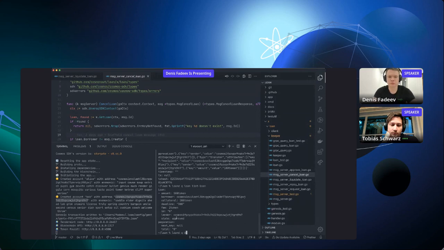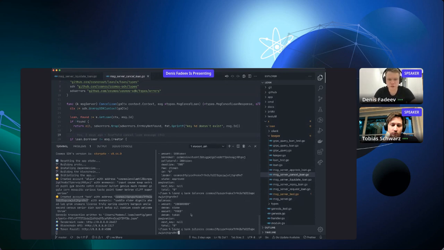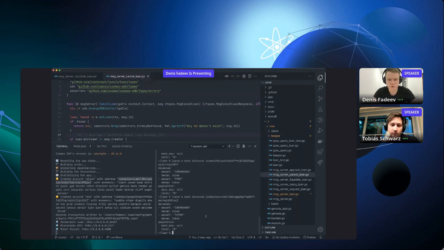So query bank balances of the lender, and she should have, yeah, the lender has 100 tokens less because that's the amount, and the borrower should have more tokens. Okay, for some reason that's not the case. Hold on a second. Oh yeah, well, of course. I mean, because they also posted a collateral, right? So they posted a collateral of 200 tokens